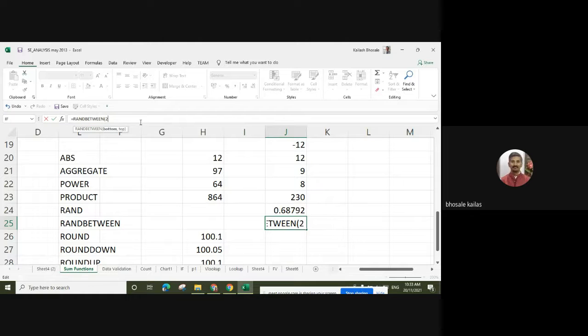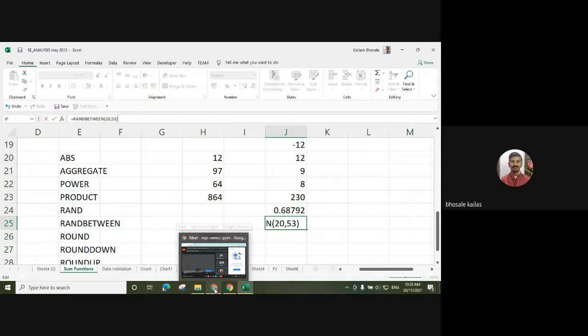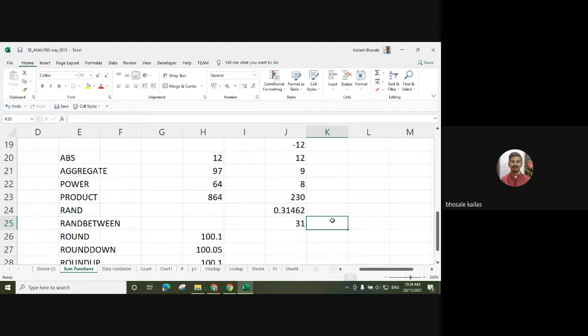Bottom number is 20 and top number is, suppose, 53. Then press enter. Anytime it will generate a number between 20 and 53.